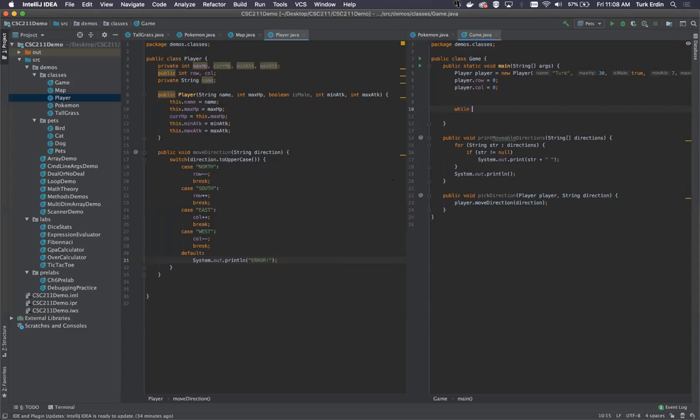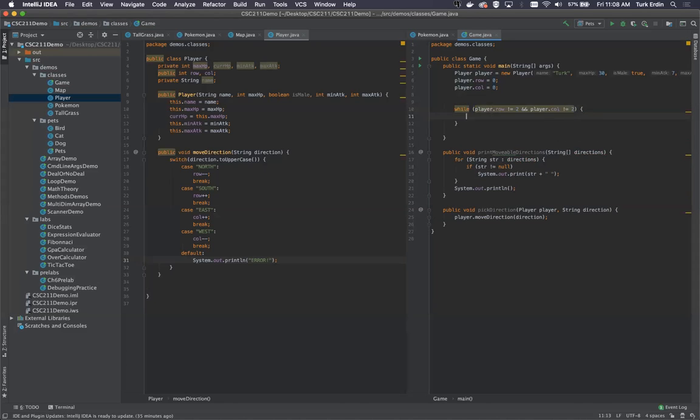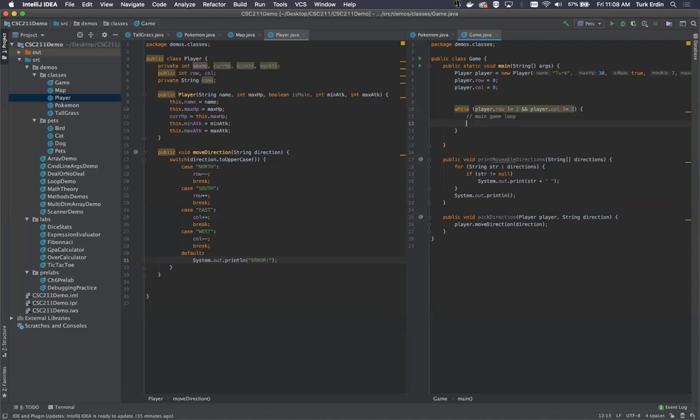So while player.row does not equal 2 and player.column does not equal 2, so while the player is not at 2, 2, we'll have our main game loop here. Main game loop. Okay, and basically each iteration we're going to check